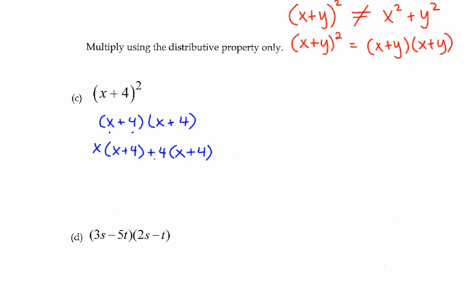Okay, so now expanding here and here, x times x is x squared, x times 4 is 4x, 4 times x is 4x, and 4 times 4 is 16. And then our last step is collecting our like terms, which you'll notice will pretty much always be in the middle. x squared plus 8x plus 16. Okay,